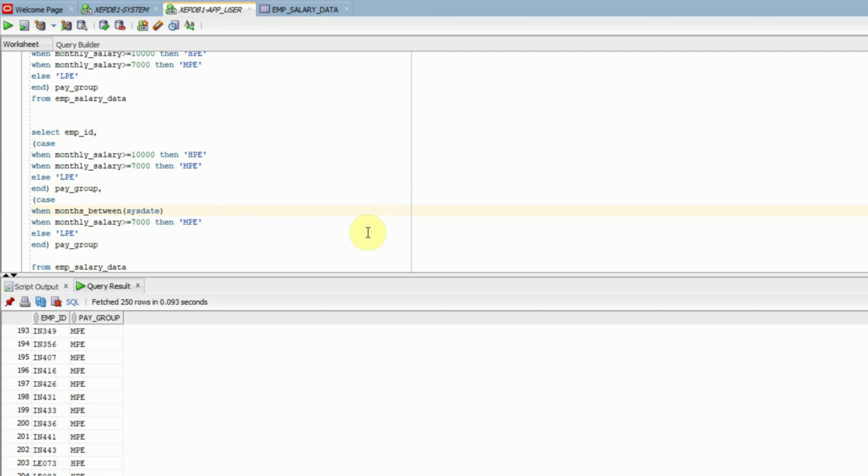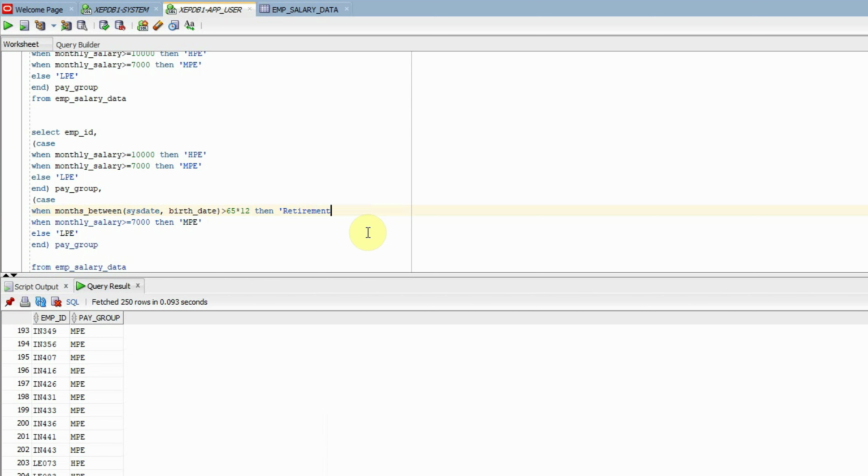The first one is sysdate, which represents the current date when you are running this SQL query, and the second date is the birth date of the employee. As it is going to give us months, we can do a comparison as greater than 65 multiplied by 12,